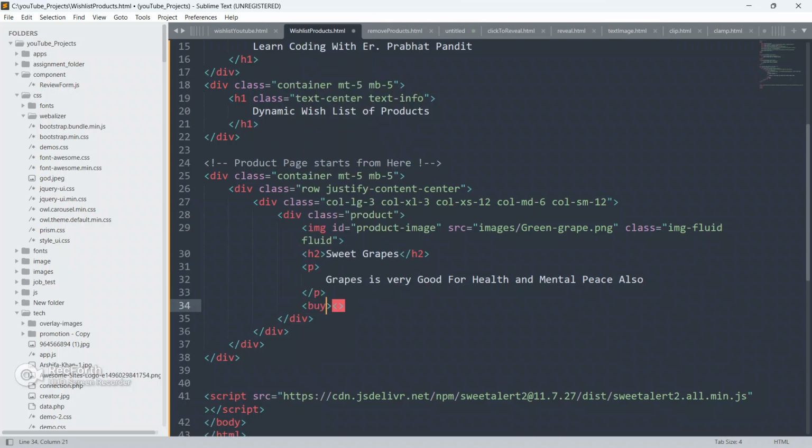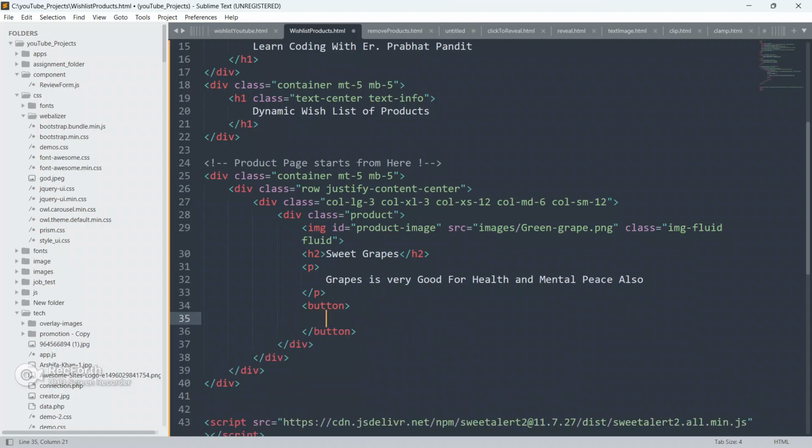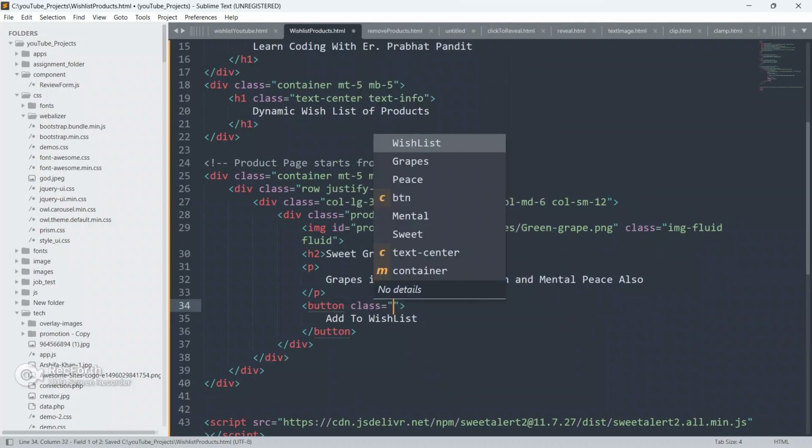And below this p I am gonna create a button element. So guys, just be careful and watch the entire video, then only you will learn something from this session. Otherwise it's a waste of time. So I'm gonna give the text as add to wish list, simple.